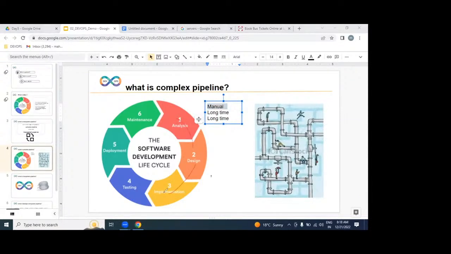So if you are facing any issue, any problem, identification will take a long time. Resolving the issue also will take a long time. That means the cost is going to increase or not. It will take more time or not. Definitely. So the quality decreases or not. That is the reason we are calling it as what? Complex pipeline.